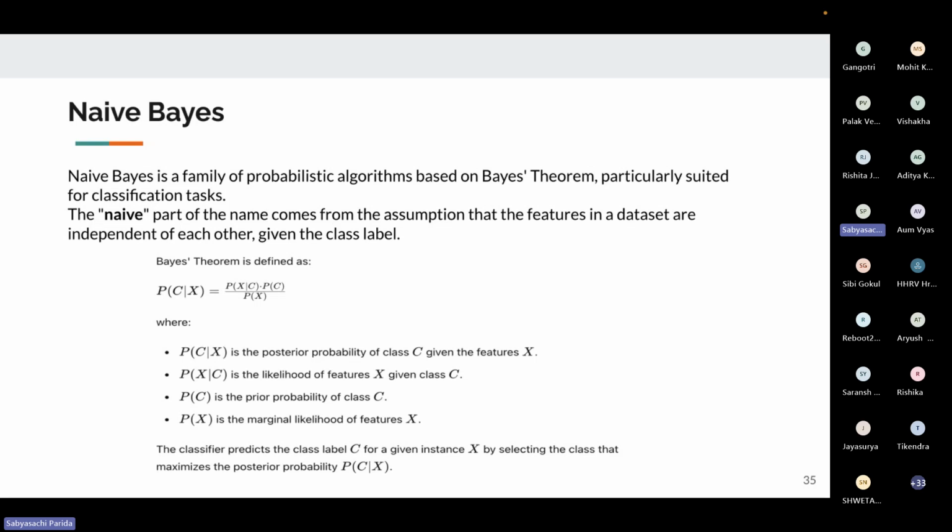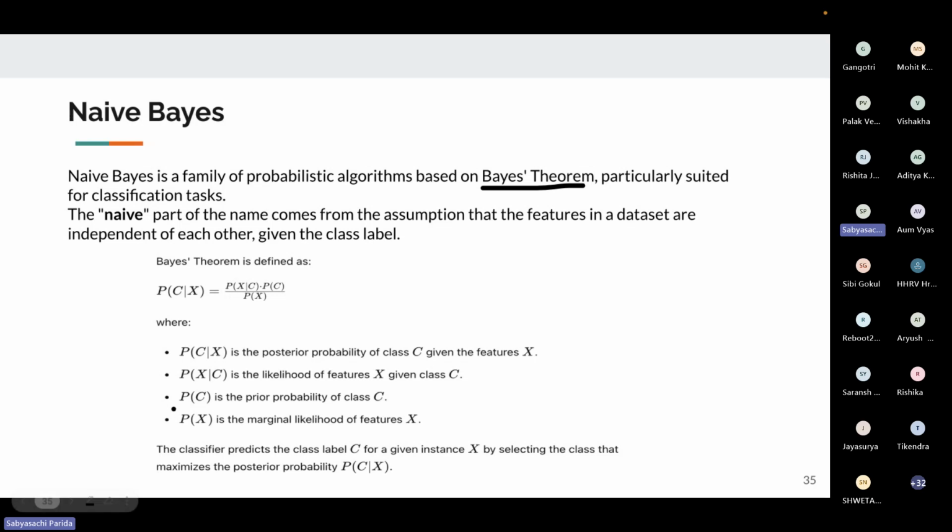And the last one for today is the naive Bayes classifier, or the naive Bayes technique. Naive Bayes is a probabilistic algorithm based on the Bayes theorem. I think all of you might be quite acquainted with the Bayes theorem, wherein we are saying that P of C given X, where C is the class and X is the variable,